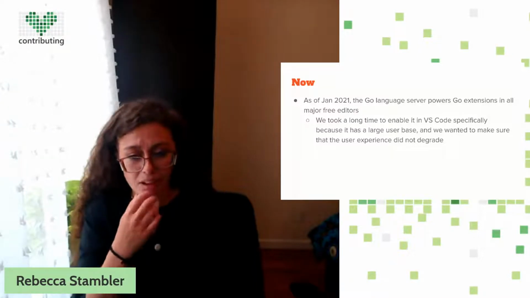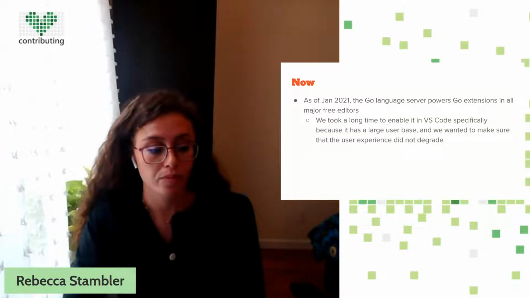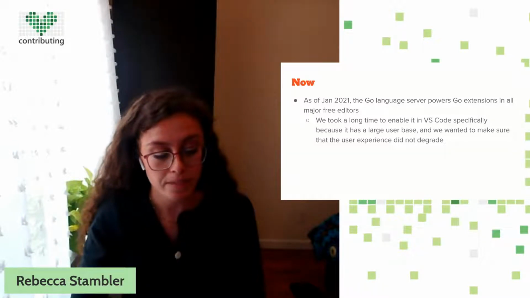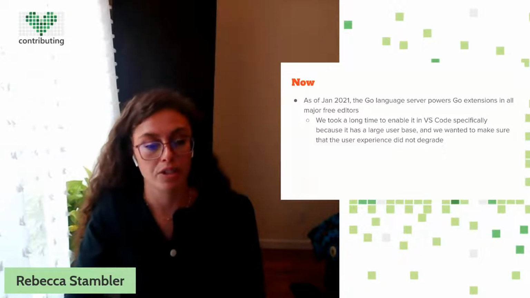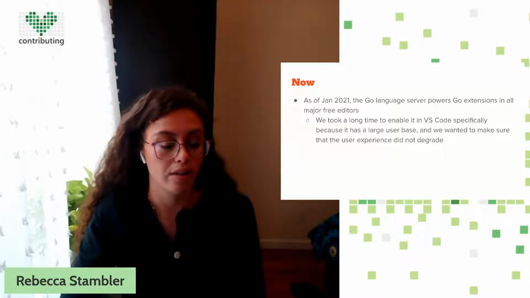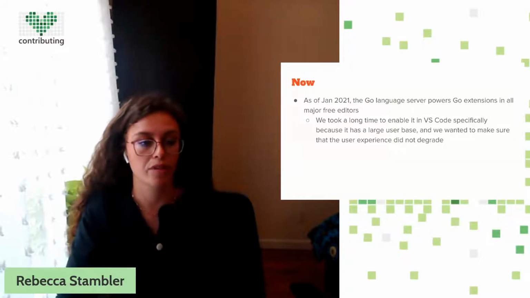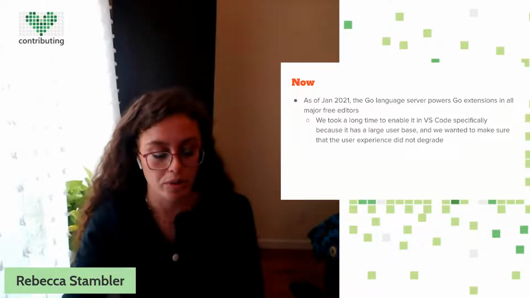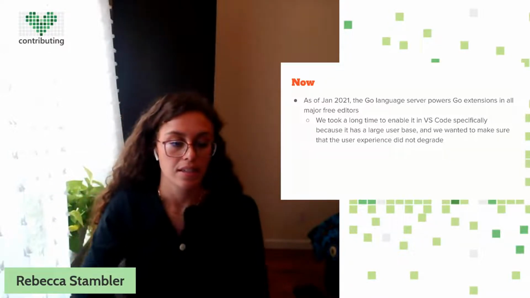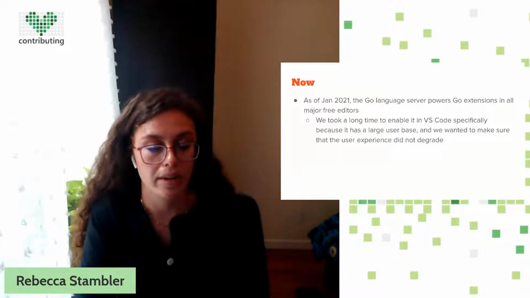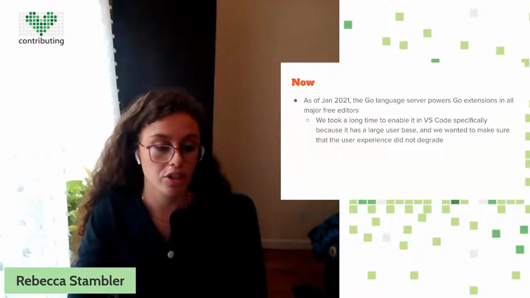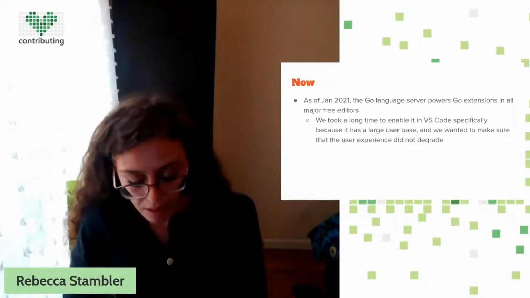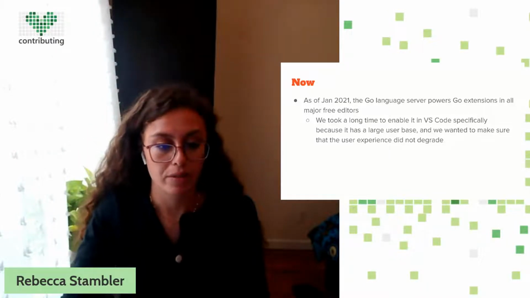We wanted to make sure that if something went wrong and if it wasn't working for whatever reason, a user would be able to have the resources to answer the question and figure out why things were going wrong. So we were really focused on good error messages and good issue reporting. And so in 2021, we decided, okay, this is the time when we feel comfortable turning this on by default. And so now if you install the Go extension just straight out of the box, that's what you'll get: Gopls, the language server.